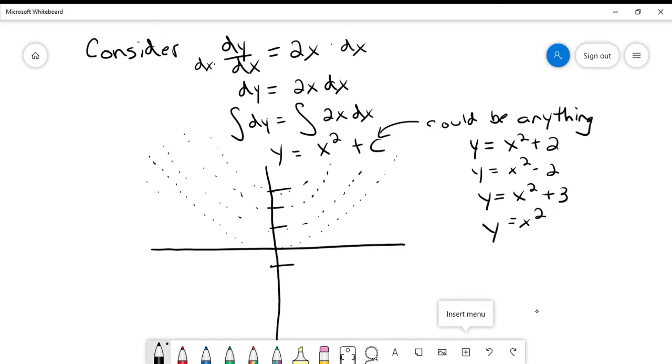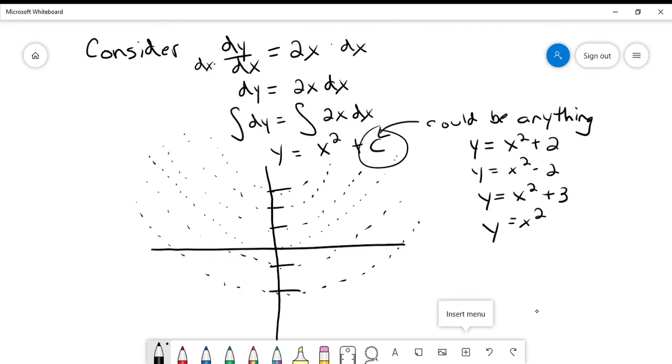And how about x squared minus 1? And maybe x squared minus 2? And now you're seeing a kind of buffet of all of the possible parabolas based on these different